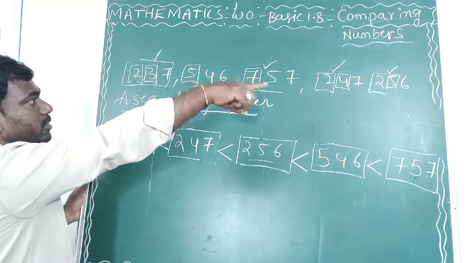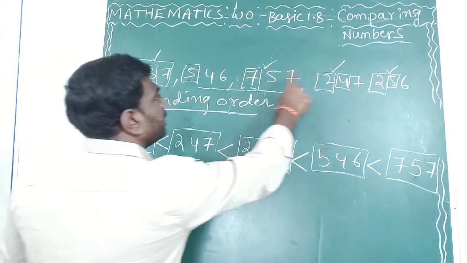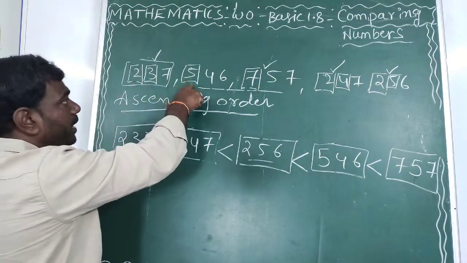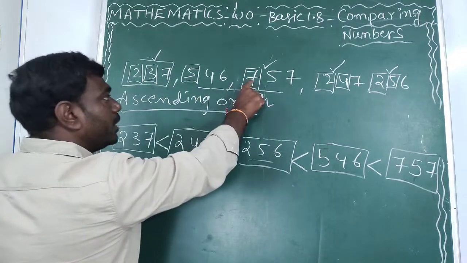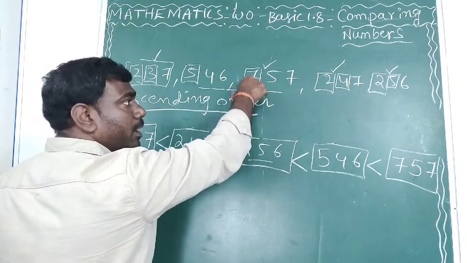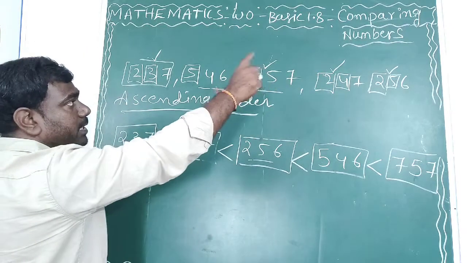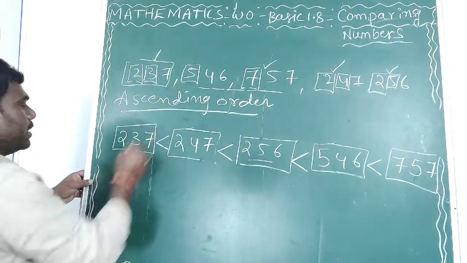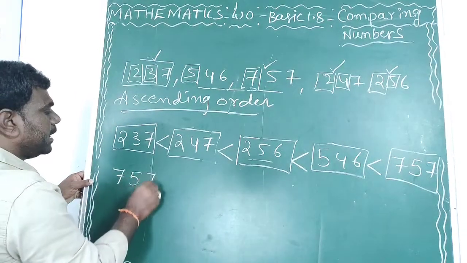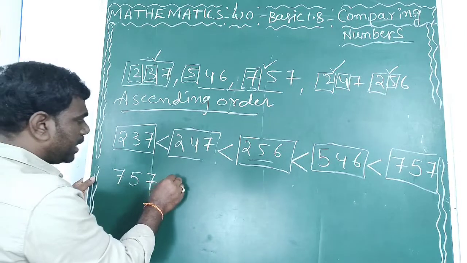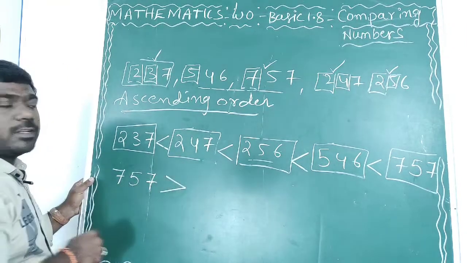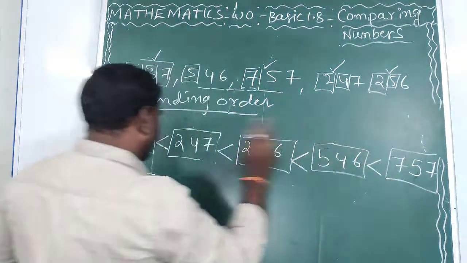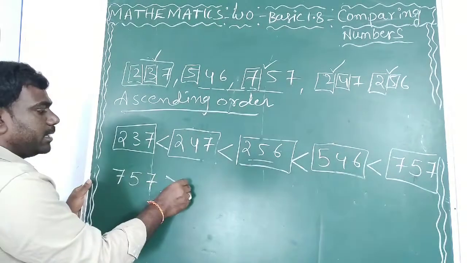We can consider 2, 5, 7, 2, 2. So 2, 2, these are the smaller numbers compared to 5. 5 is also a smaller number compared to 7. Now 7 is bigger compared to all the first place digits. This is the biggest digit. Take this number in the first place. Now 757 is greater than. See here I am writing greater than, just writing it in reverse. 757 greater than.